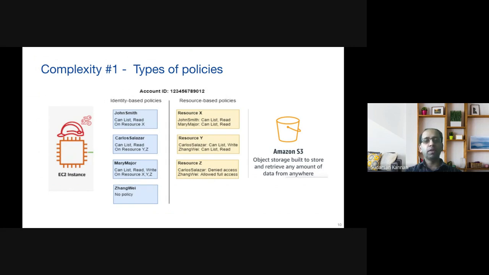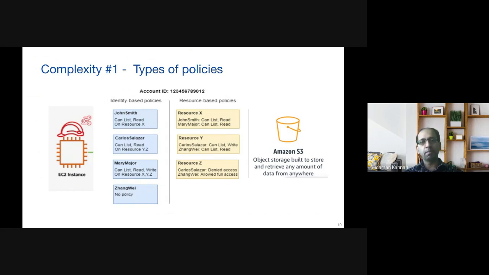The other part of the equation is, as a user, I should also have access to say, yes, I can access the room. So think of that in AWS terminology: there is an S3 bucket, and the bucket has its own policy, which will dictate who can actually access that bucket. On the flip side, if I'm a user, a role, or whatever the type of identity is, I have my own policy that tells me what all I can access within the AWS environment. So that's the essence.